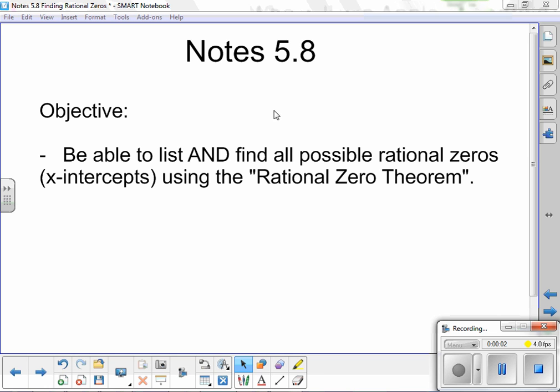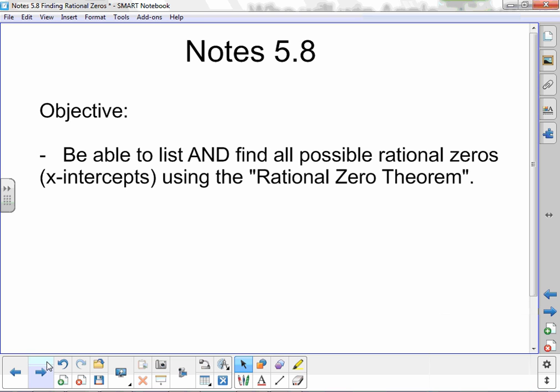Here's notes 5.8 for honors algebra 2. One objective today: be able to list and find all possible rational zeros, also known as rational x-intercepts, using the rational zero theorem. So basically this theorem is going to help us